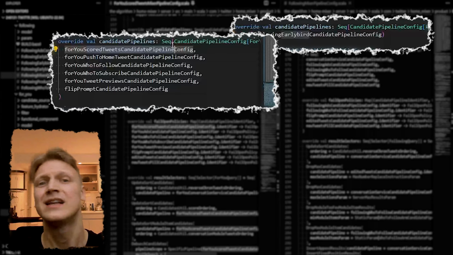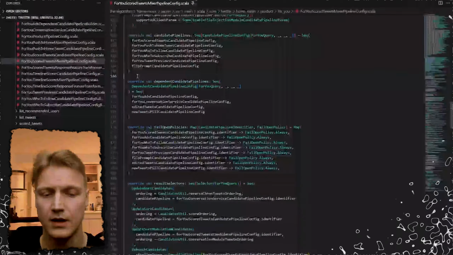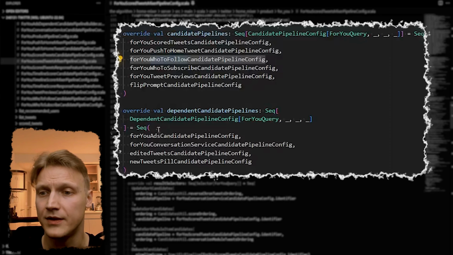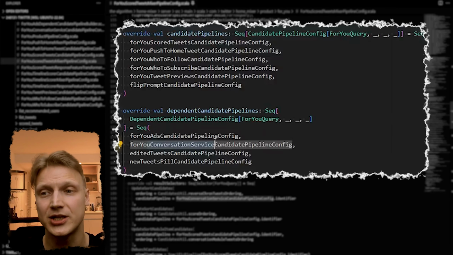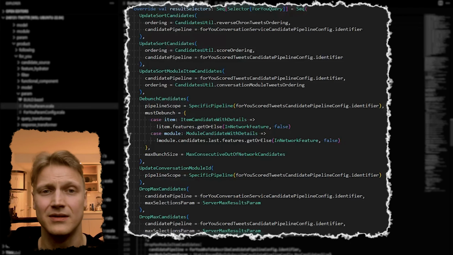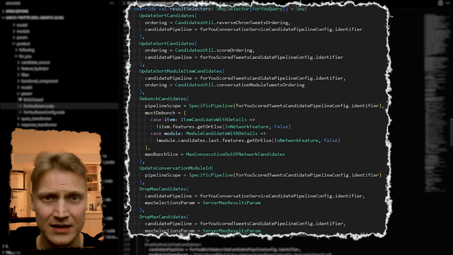If we focus on the For You feed now, we'll see that there are a bunch of other sources, the candidates of which they're mixing in. There's one for people to follow. Sometimes you can see that widget in the middle of the feed. There's one for the ads. Of course, they're everywhere these days. There's one for conversation service, and that is to keep you engaged in a conversation you joined previously. And there's also one for edited tweets, which tells me that if someone edits their tweet, you'll see that again. Lower down the file, you see a bunch of rules that are applied to various candidate sources throughout the process that impose a certain behavior and restrictions so that the final feed looks a bit more natural.